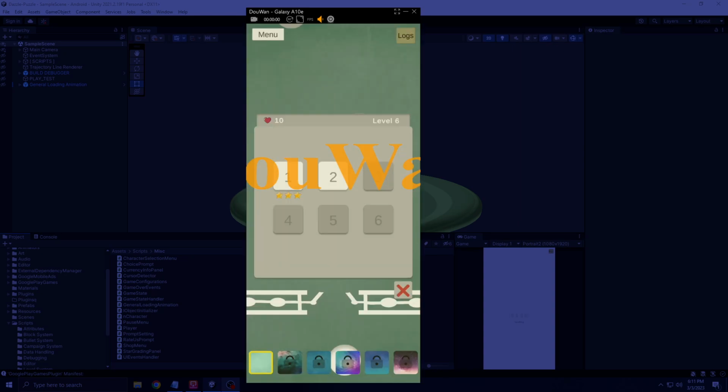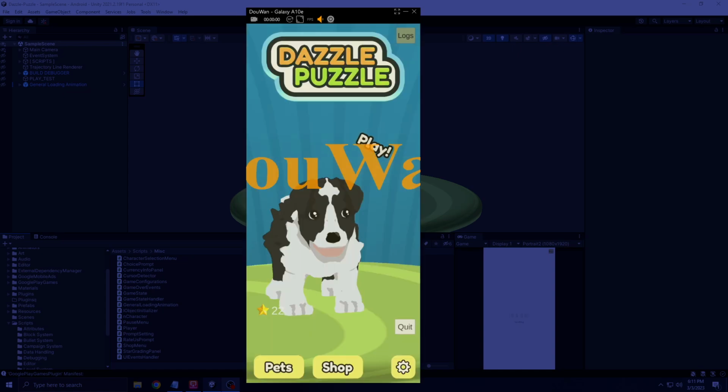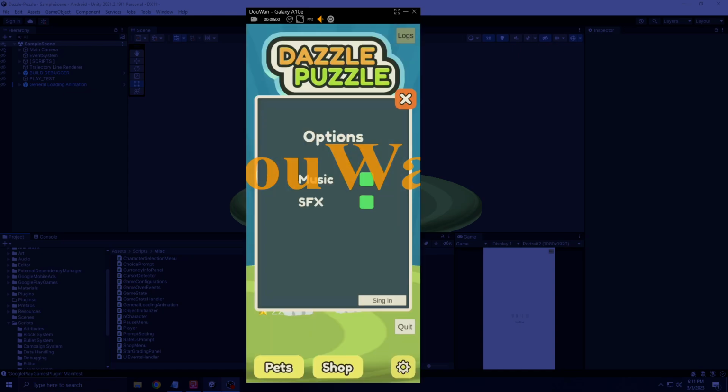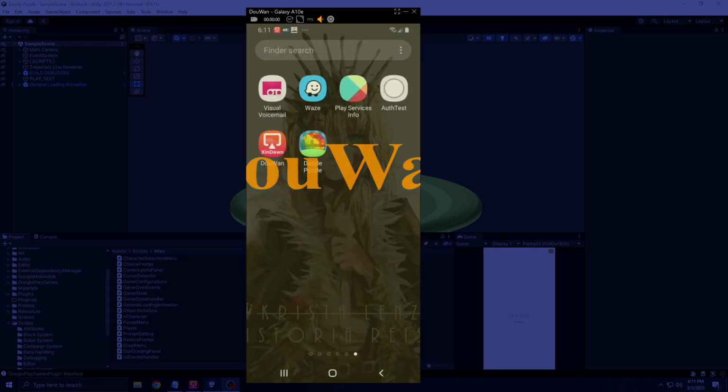So if I just go back, you can see, okay, I got 3 stars here and no stars on sub-level 2 for level 6. And now I can go back and you can see I'm not signed in, so the data was saved locally. So if I just quit now, so if I quit, accept, and if I now load back in, so